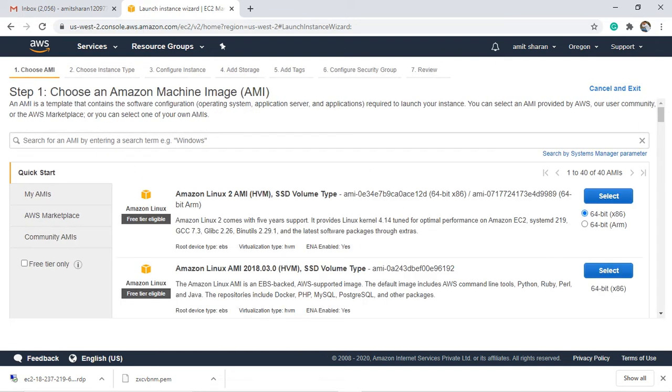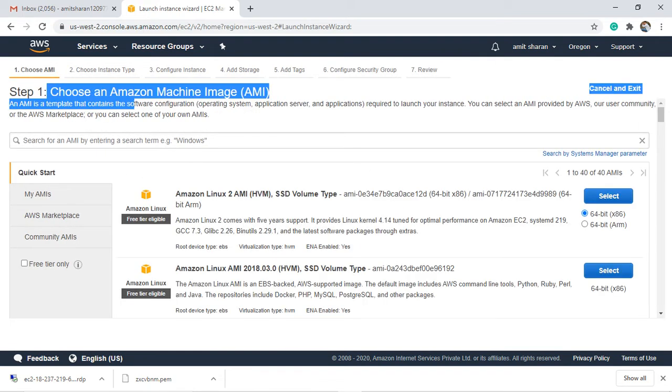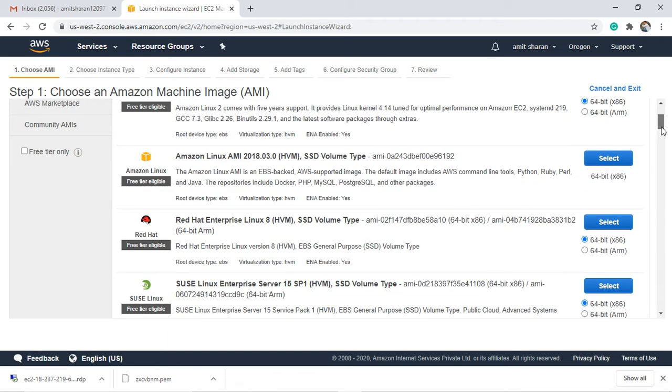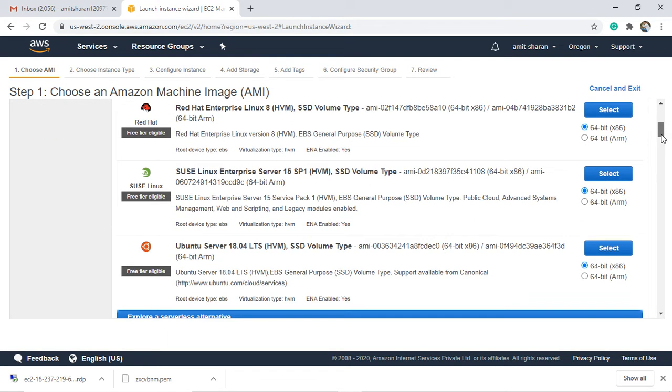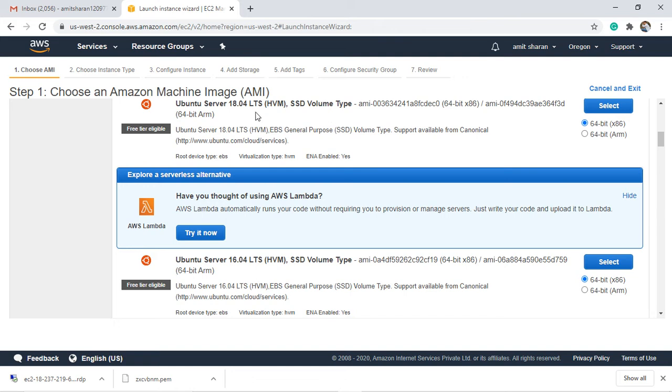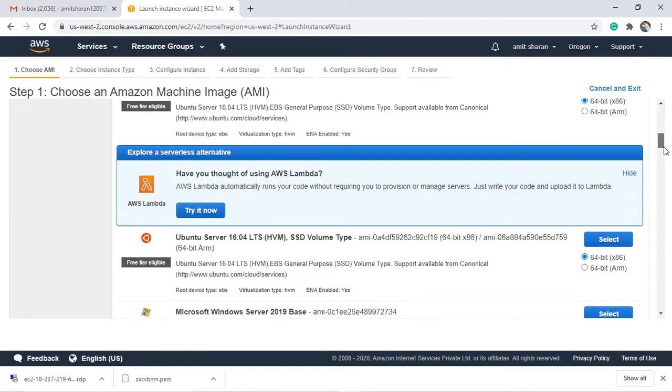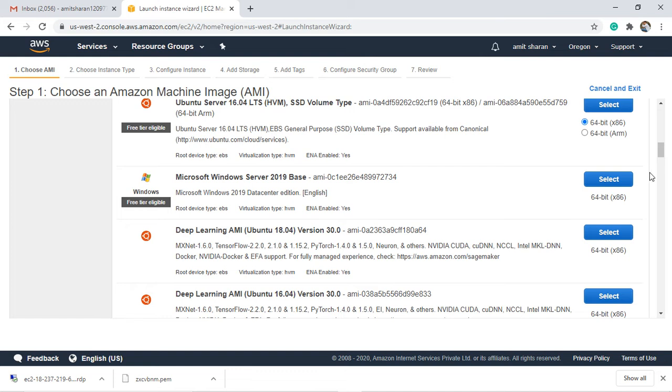After going to launch, you can see that we have an option to choose an Amazon Machine Image, which is AMI. We can choose our operating system here, which is Linux type, Ubuntu type, and Windows type.